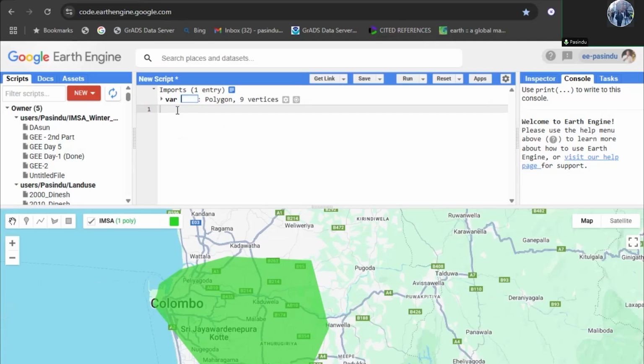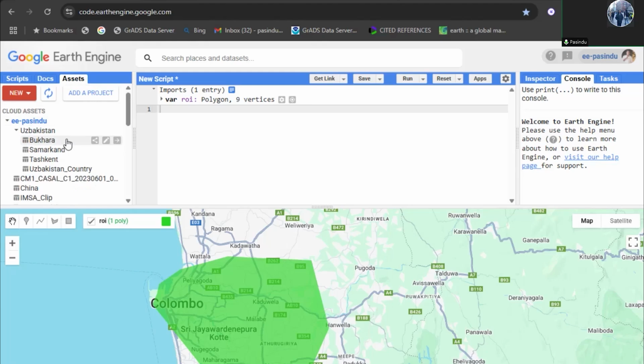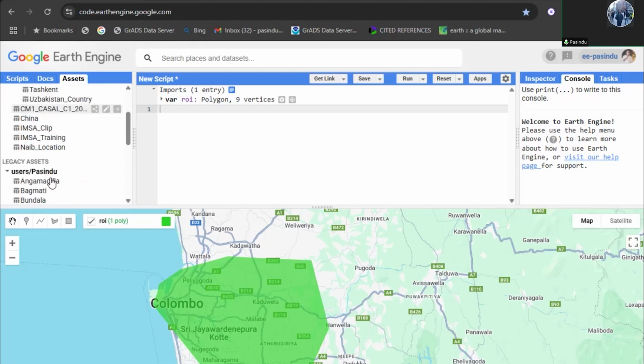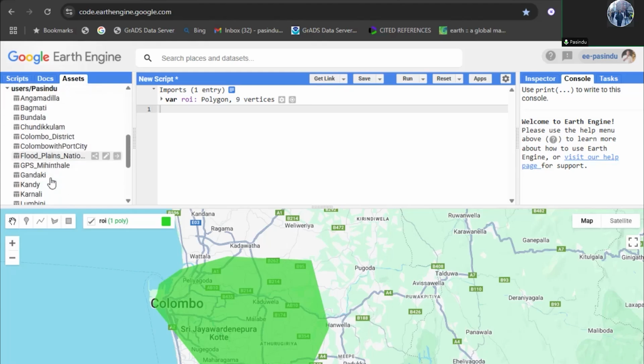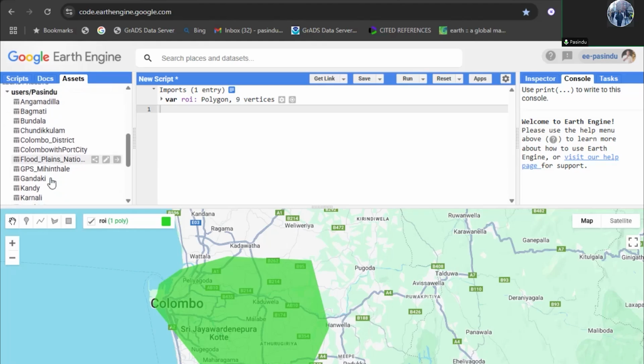So again, I will change for ROI. It's easy because that is the region of interest. That is one method of adding a region of interest. There are 7 methods of adding region of interest. For example, if you go for assets, I think I do have Colombo. Yeah, this one. So when you have the shapefile of the exact area that you wanted,